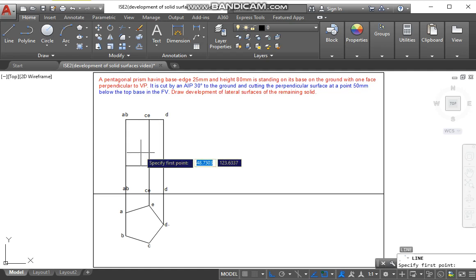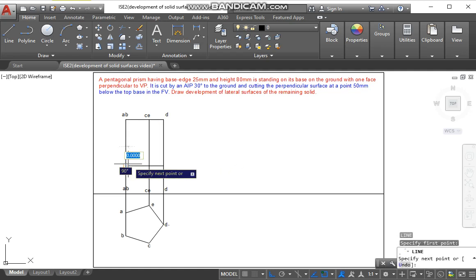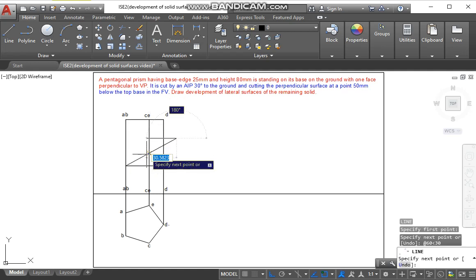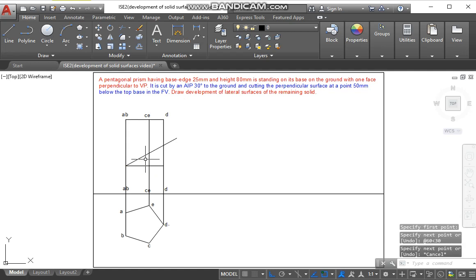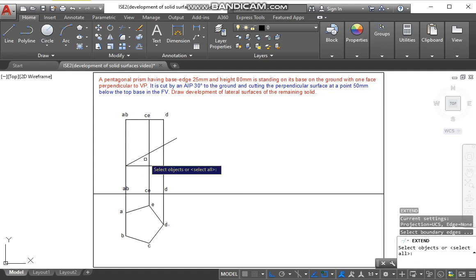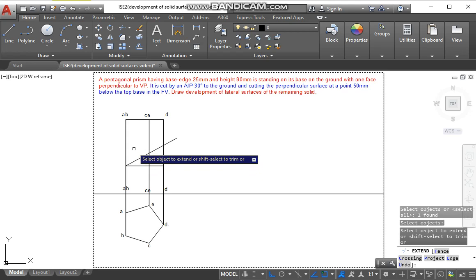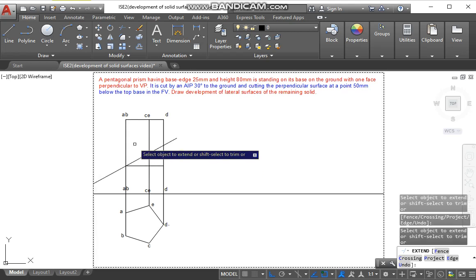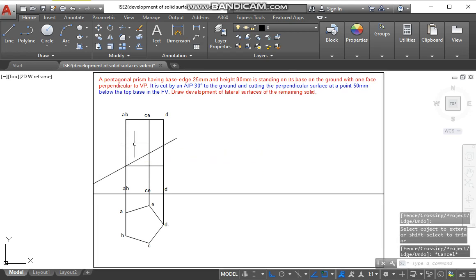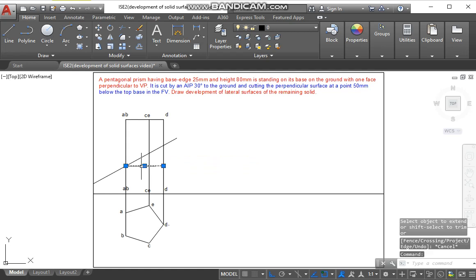Now we will draw a line from here of any length and angle 30 degree. Now we will extend the line. Now if we want, we can delete this line.